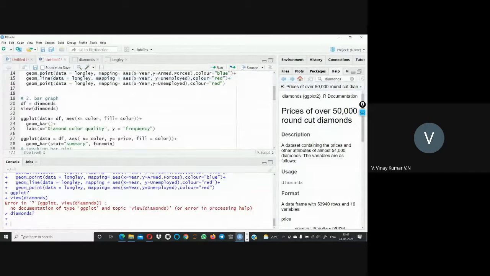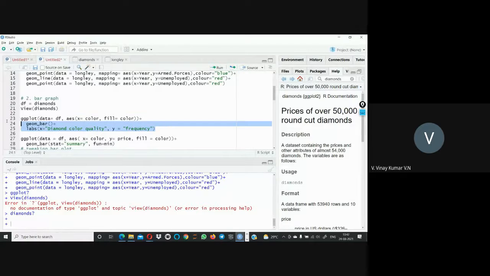If you want points, a geometrical representation in terms of points, you use geom_point. Here we need a bar graph, so we mention geom_bar. We are also giving the labels, the title of the x-axis and the title of the y-axis. My x title is diamond color quality, and y is frequency.